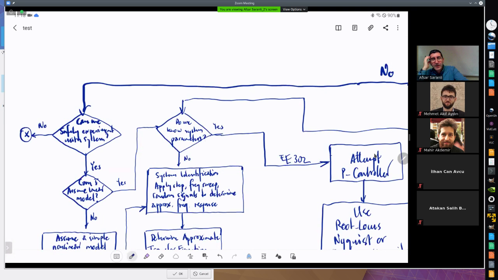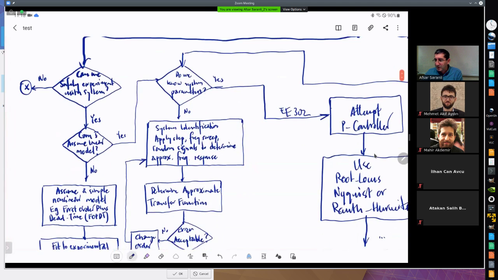Okay? Are there any questions so far? So the purpose of this exercise is to populate this space with everything that we know about what we can do in order to develop a controller. Okay? Any questions so far? So we are in this part where we made an assumption on a linear model, but